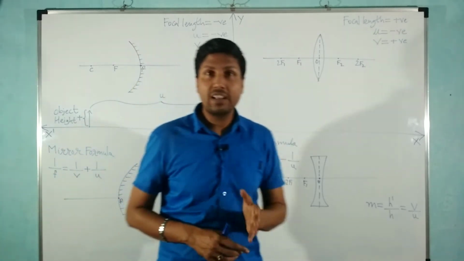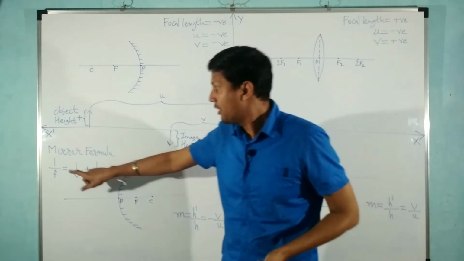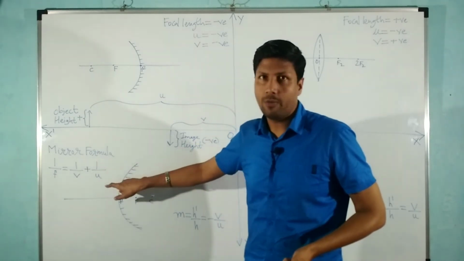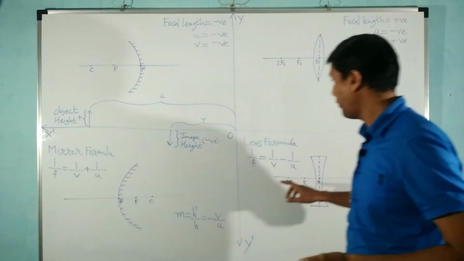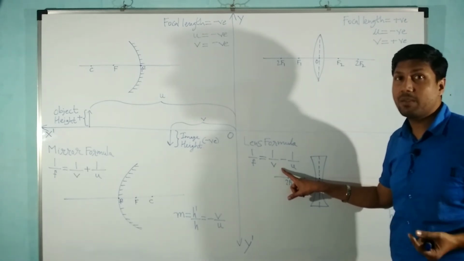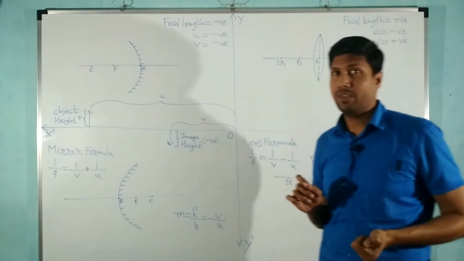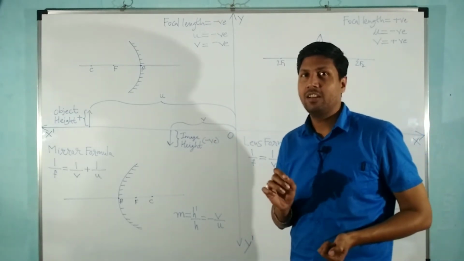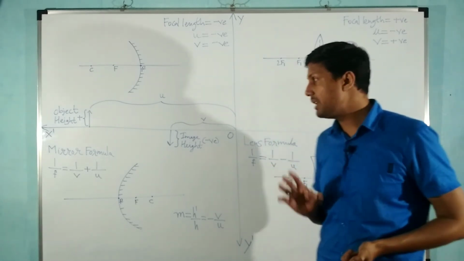Now there are two more things to know. First is the mirror formula: 1 upon focal length equals 1 upon image distance plus 1 upon object distance. Please be careful about this, because here it is a positive sign, whereas in the lens formula it is negative. Also be careful about the object height, image height, and the sign convention, that is the plus and minus signs. Those are very important. Otherwise, you won't be able to solve the numericals correctly. There will always be an error of sign, where you express positive as negative and negative as positive. So please be careful about the signs.